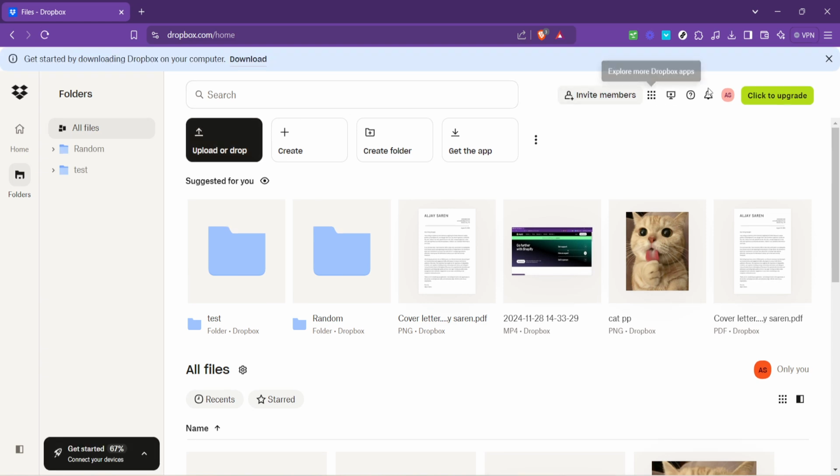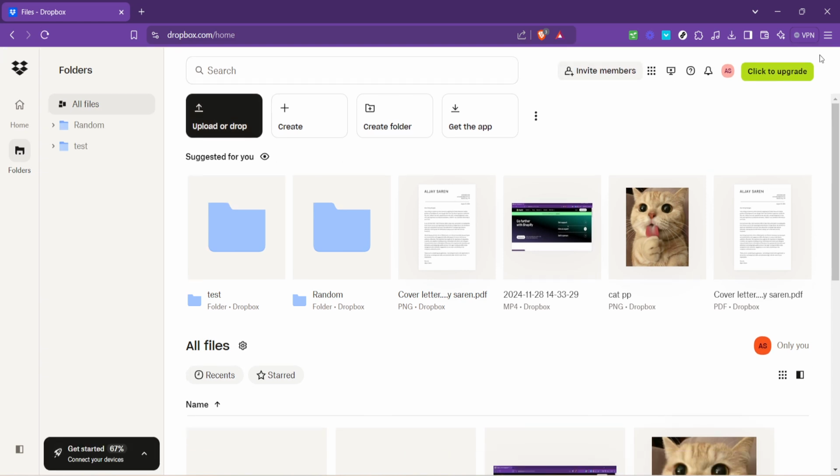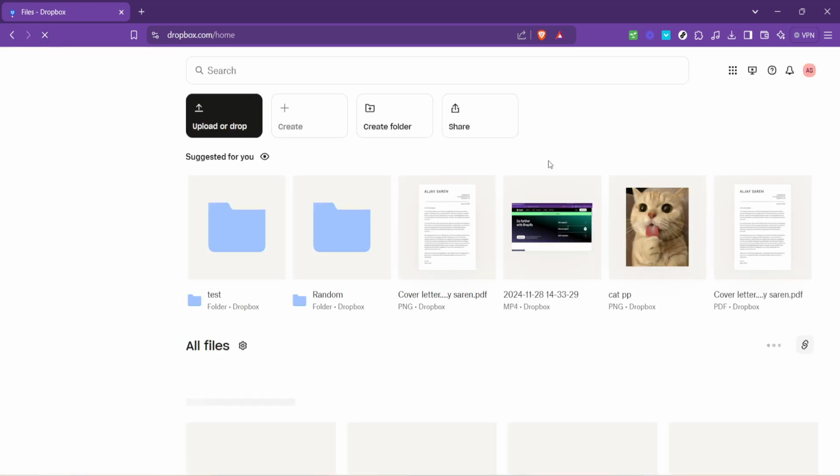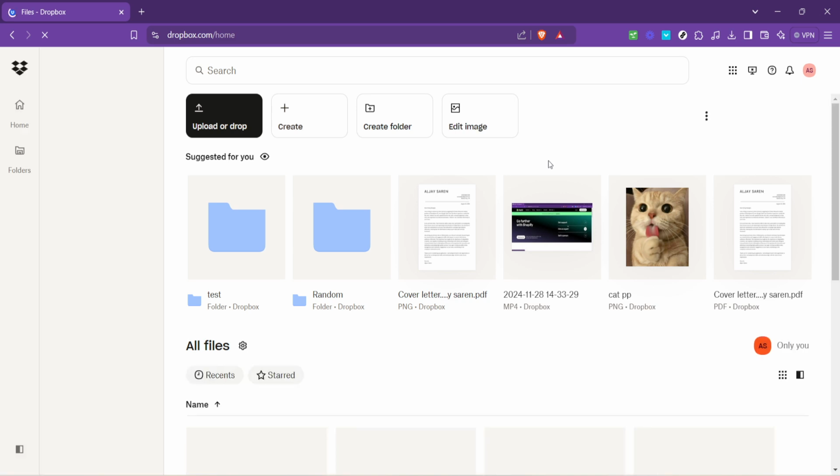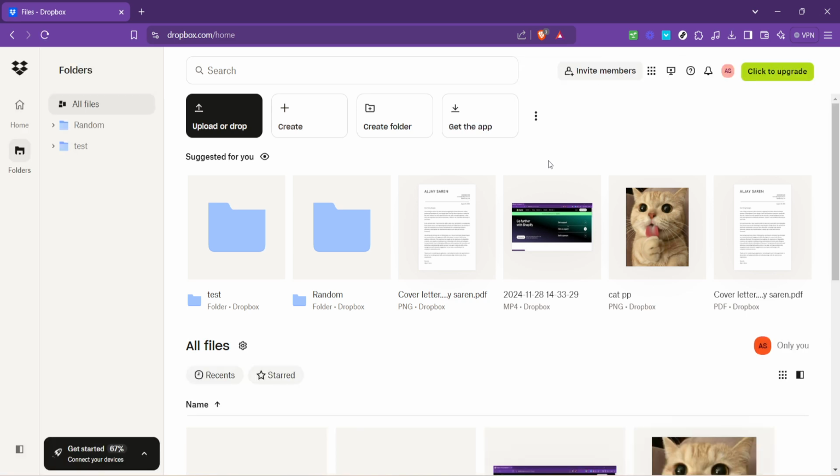Now, let's talk about a couple of additional tips that can enhance your Dropbox experience. Firstly, consider using the Dropbox desktop app alongside the web version. The desktop app often synchronizes changes in the background, reducing the need for manual refreshes. However, knowing how to refresh Dropbox in the web browser remains a handy skill, especially when accessing it from devices where the desktop app isn't installed or available.